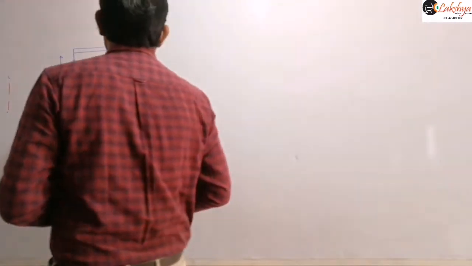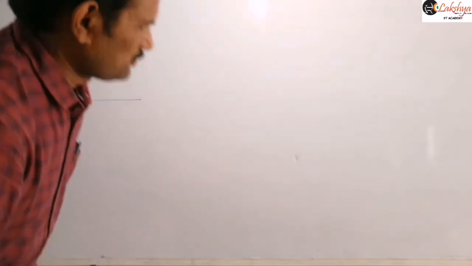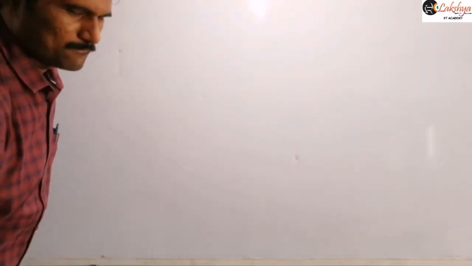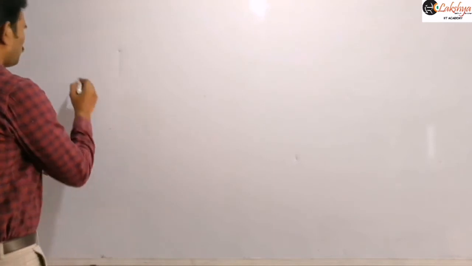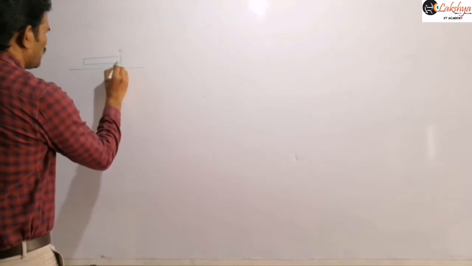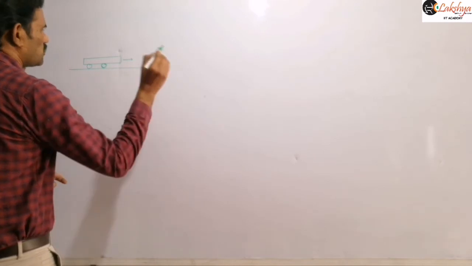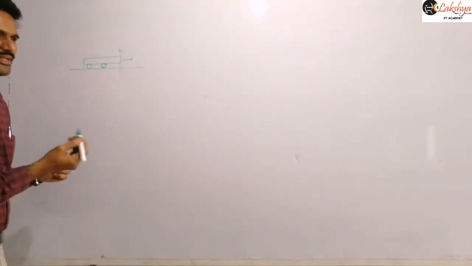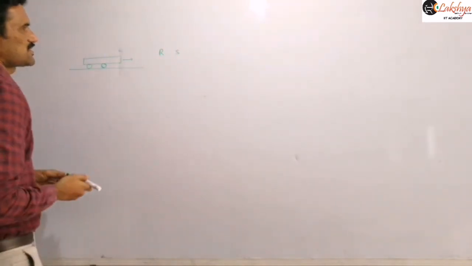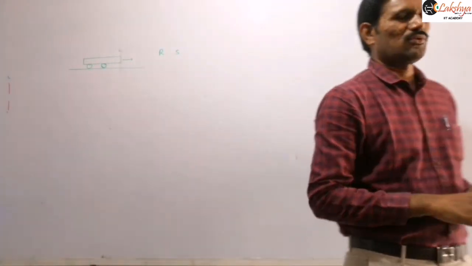And next let us see one more problem here. When the truck is moving, suppose it is moving in the forward direction and we are projecting an object, then the range is given as R. If you are projecting in the backward direction, then the range is given as S. Then we need to find the angle of projection here. So write down that problem.